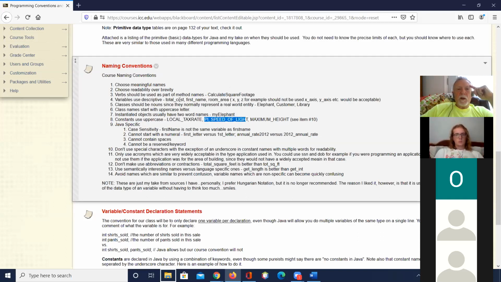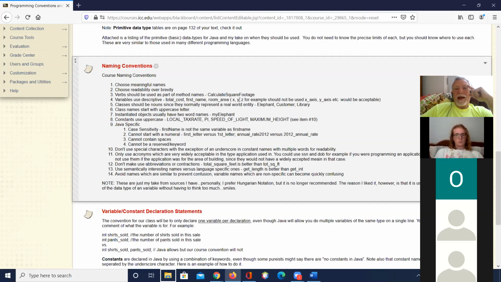Okay. Ones that are variables, not constants, you can use camel hump, I don't care which one. And if it has more than one word, you can use something like total_cost with an underscore. I don't want other types of punctuation, however.